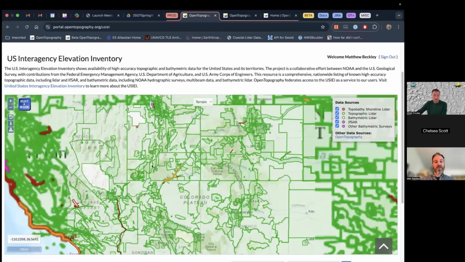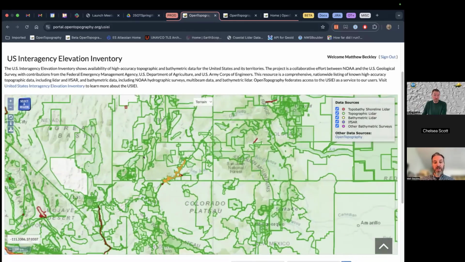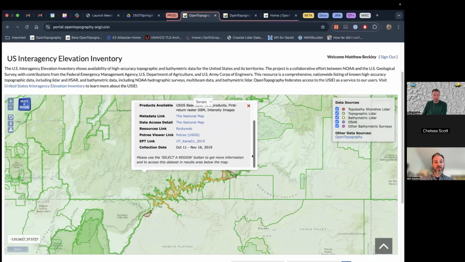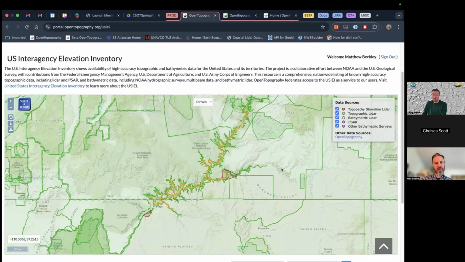So you can go to your area of interest and you can click on one of these polygons, and it'll pull up the metadata that's in that geo package and very often show you links to get the data, not all the time. And we don't maintain this geo package. This is maintained by NOAA. But very often it'll be links to the data sets, or at least links to some of the critical metadata pieces so that you can track down that data and then access it yourself. So just another sort of data discovery tool that users should be aware of.